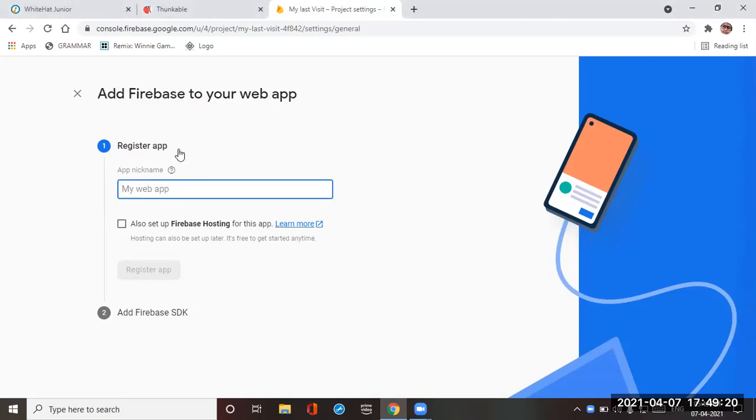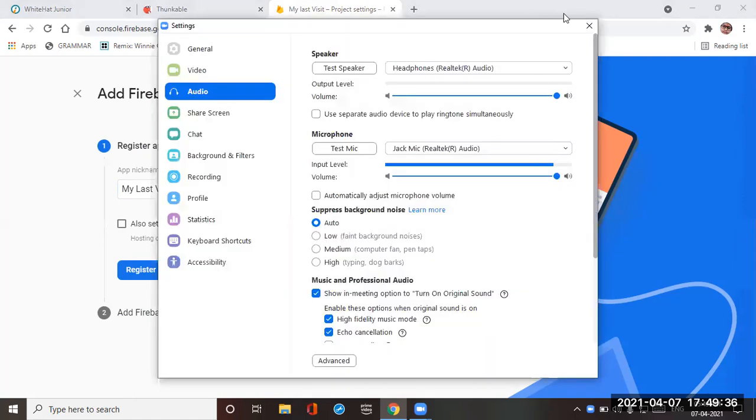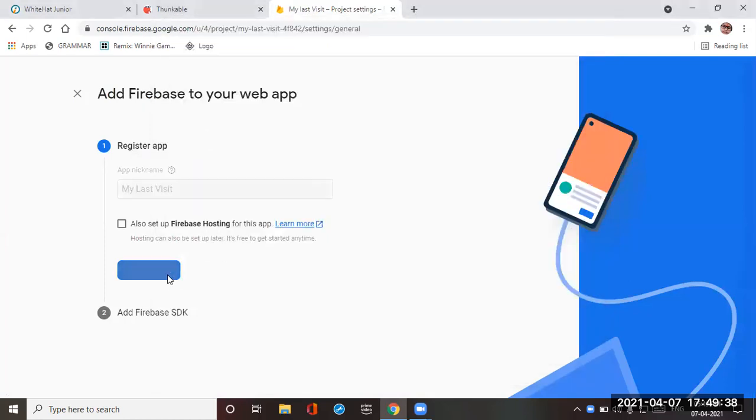Our app name was my last visit. Let me enter that. As you have done, please click on the register option to register your app. Do not set up Firebase hosting for the app.